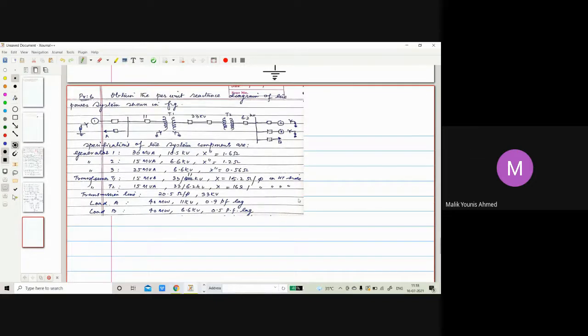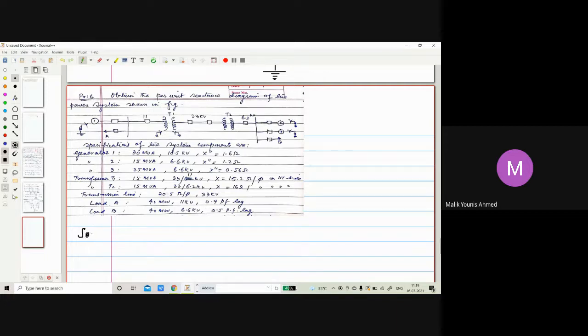Now first again, the base kV. No, the specifications are this; he has not given a base value. So in this case, you will be choosing. Base MVA, let it be 30 MVA, which we will choose on the generator G1 side. And base kV, you can choose anything, but I have chosen 33 kV. You can choose any ratings, but the answers will be the same. There will not be much difference.